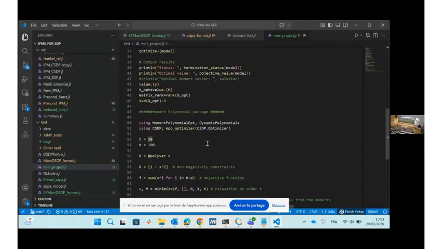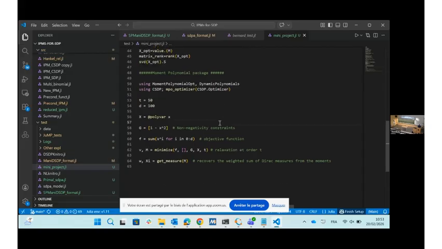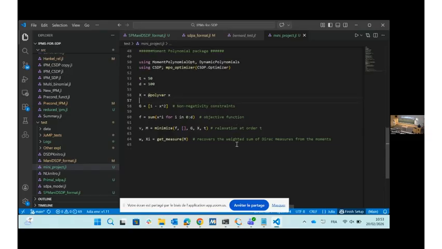And yes, we did the same thing using the moment polynomial package. We increase the order if we need it, but it converged on the first level. So the certificate that we got was a solution on the first level of the hierarchy, we didn't have to move the relaxation order any higher. Okay, and so we did the same thing for the